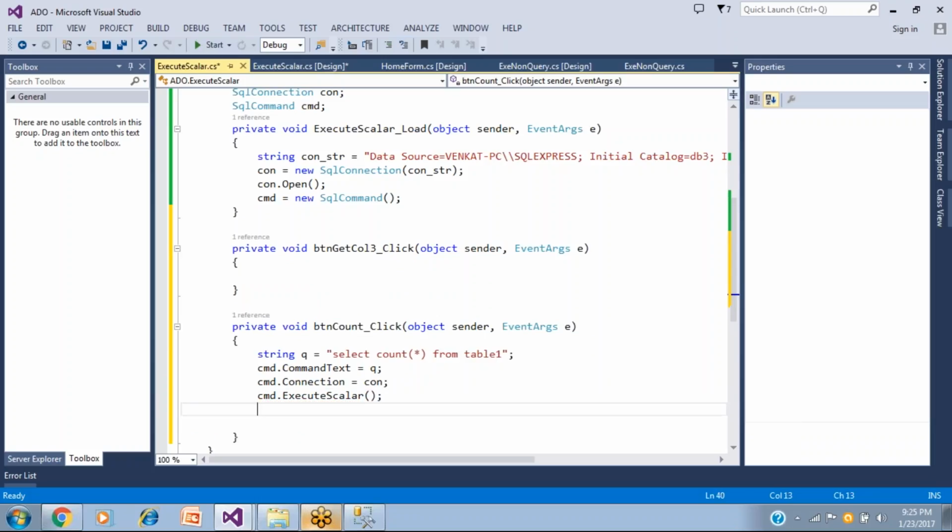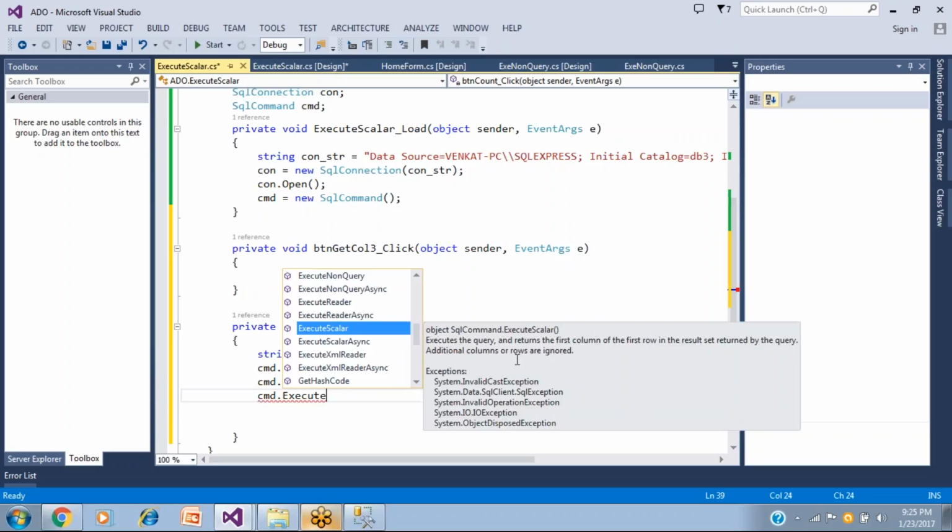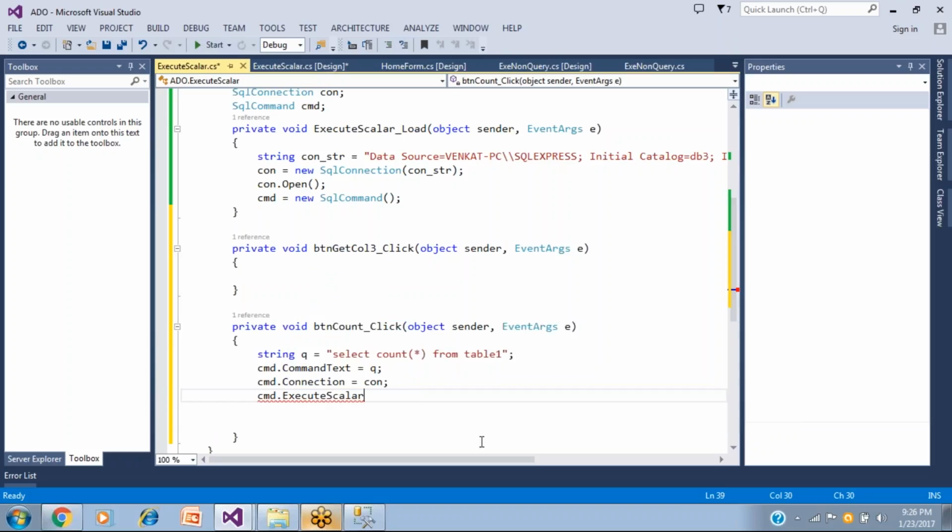Once we succeed, you see the nature of scalar: the return type of scalar is an object. Whatever we are asking for is the number of records in a table, so we get something back.